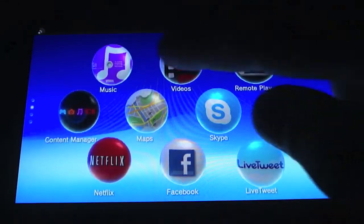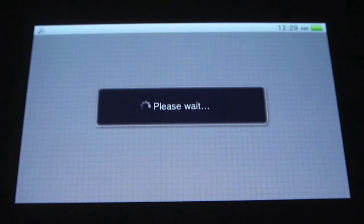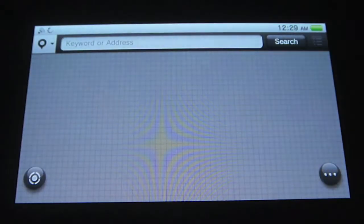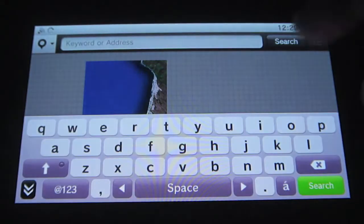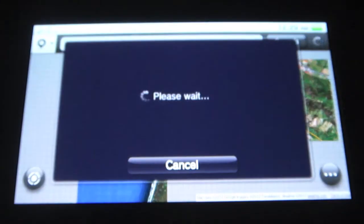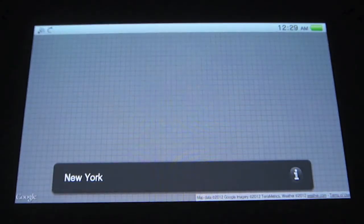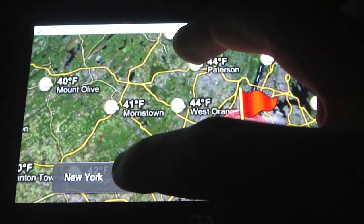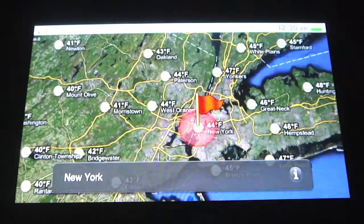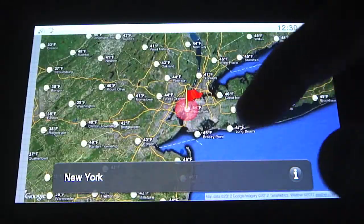Next is in the Maps application. And what Sony has done is essentially allowed you to view weather information on the current state or city that you are in. So say I'm going to go and search in New York City, so NYC. Okay, I'll find New York real quick. Okay, and there you go. You guys can see now that you can view weather information for the current town or city that you are viewing. So see, New York City right now is currently 44 degrees. So that's actually a pretty cool feature